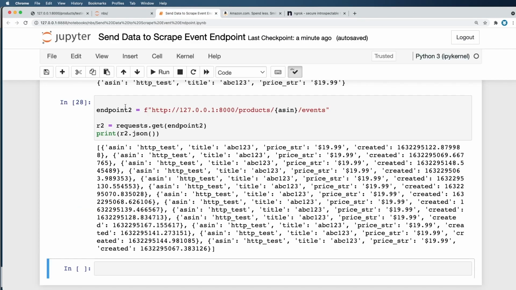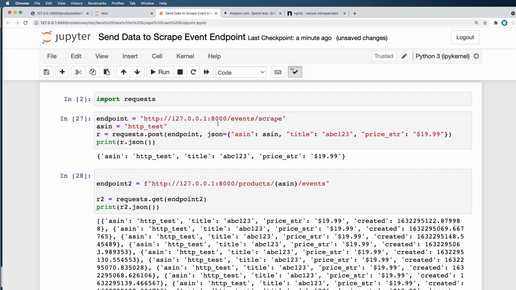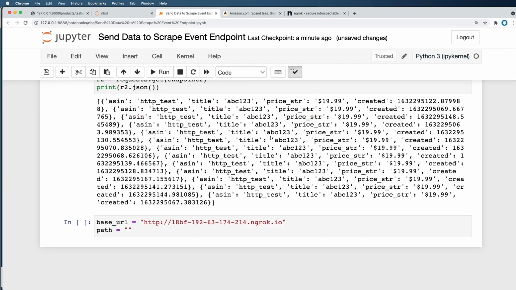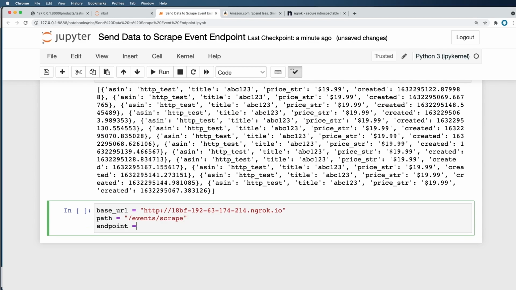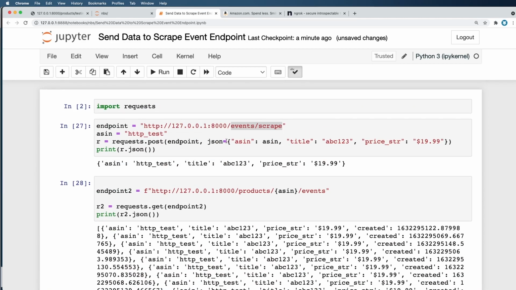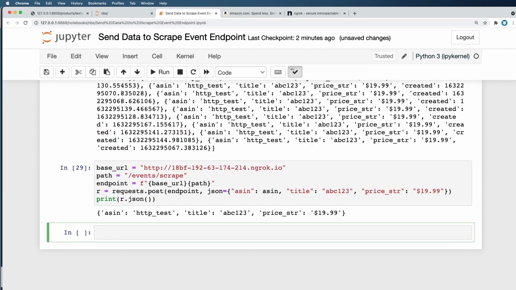But I can also go into my Jupyter notebook here and say base URL is equal to that. And then the path is equal to, well, which path are we trying to use here? And that's the events scrape, right? And then our endpoint now is going to just be combining those two, so base URL and path. And so yet again, I'll just go ahead and post some data based off of that endpoint. And I can continue to do this,